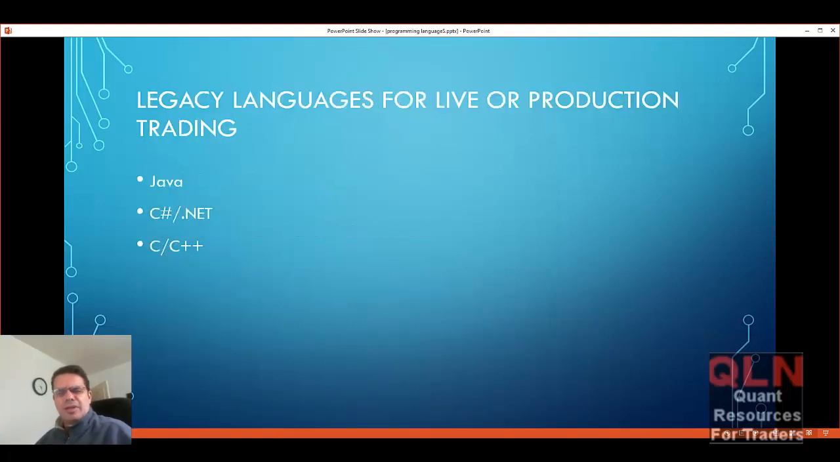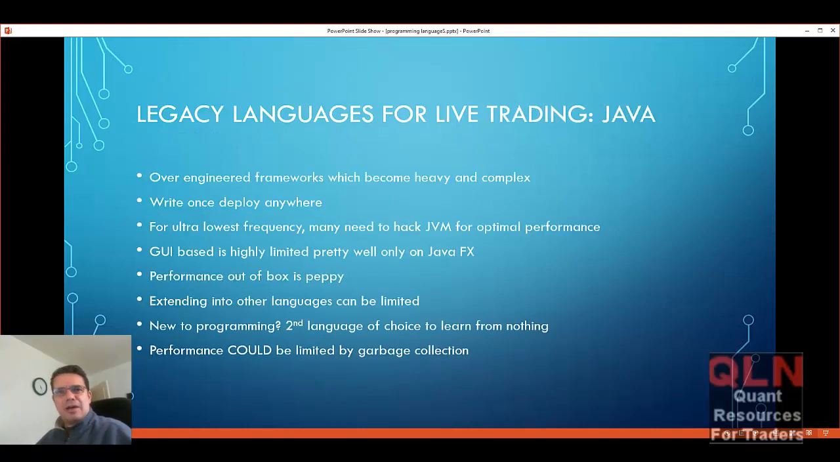So let's move into more of the legacy languages that you can use for live or production trading. These are also compiled languages as well. They cover Java, C#, which really covers .NET, and then of course C and C++. So with Java, I worked with Java for a couple of years. I find that the frameworks are really over-engineered. I don't know why, but it just seems that Java developers like to make things a lot more complicated and a lot more heavy than they need to be. And I think that's why a lot of the good Java developers have kind of moved off of Java and moved into the world